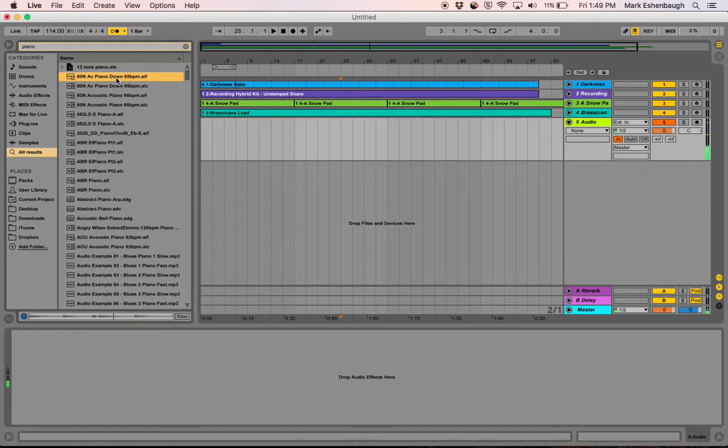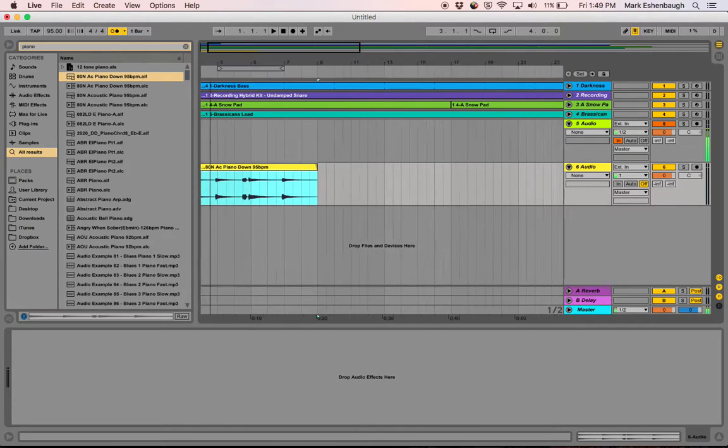Alright, so that's 95 BPM. So the easiest way is if you know what the BPM of the sample is you want to use and you just want to pattern the whole thing around the sample exactly the way it is, go up to tempo, change it to 95. Now my entire project is at 95, and when I drag in this sample,